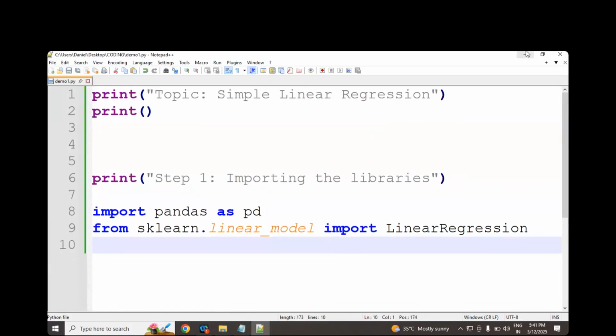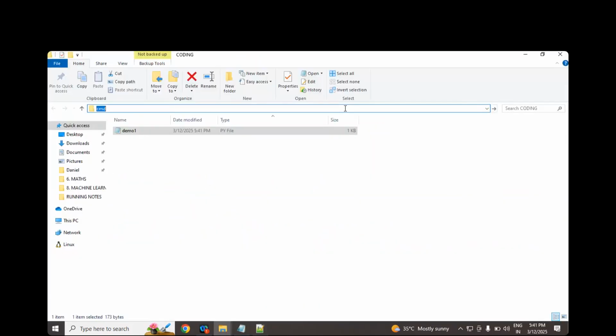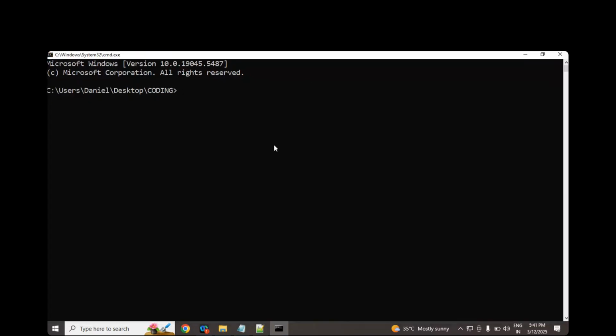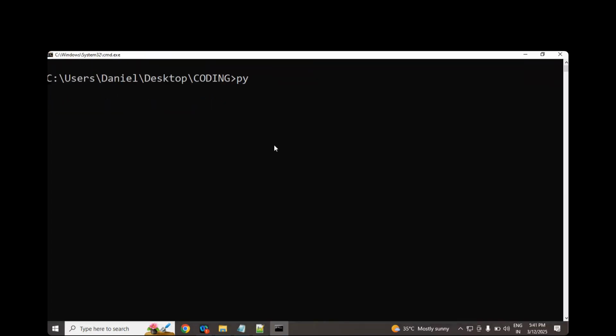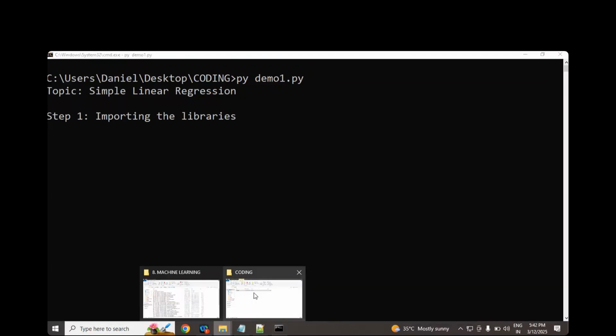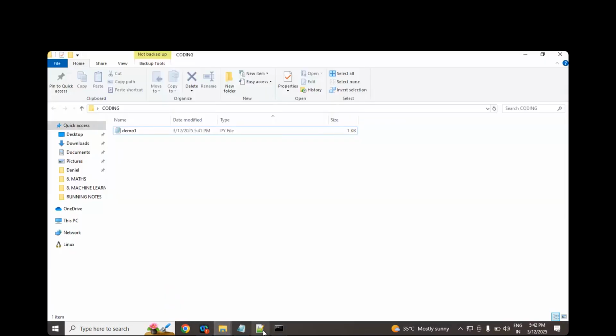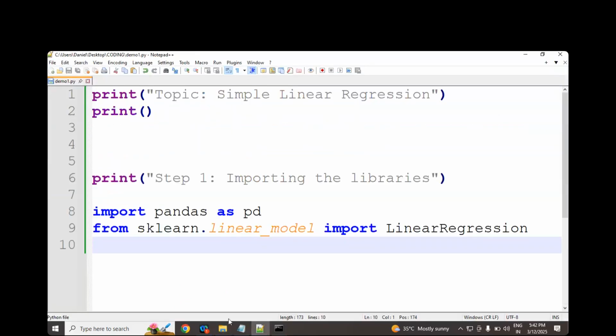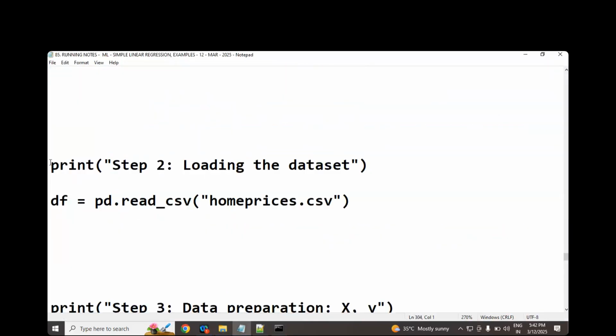We are importing the required libraries. Next step will be loading the data set.